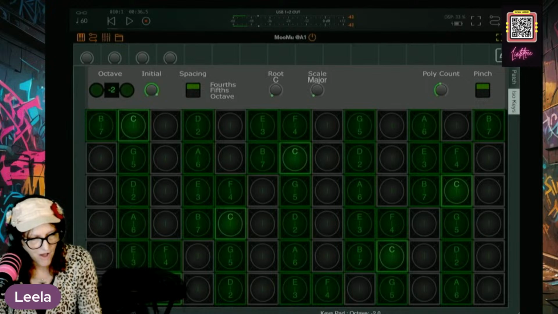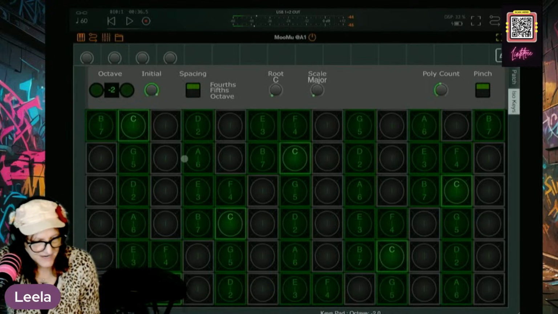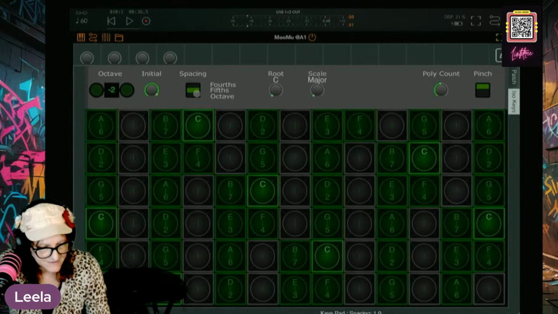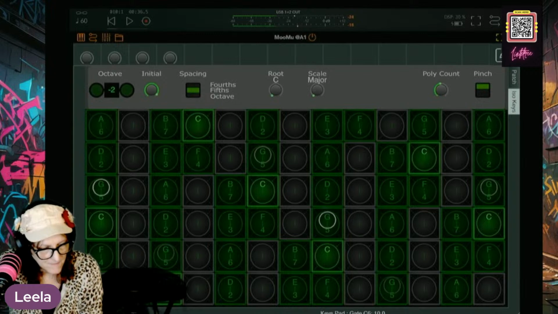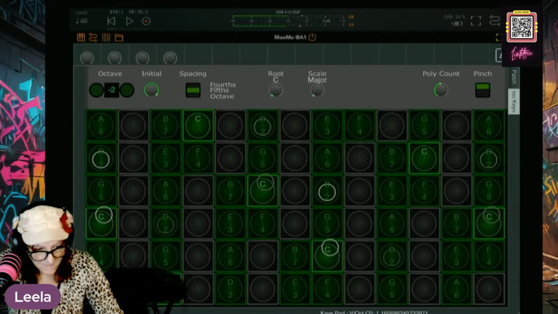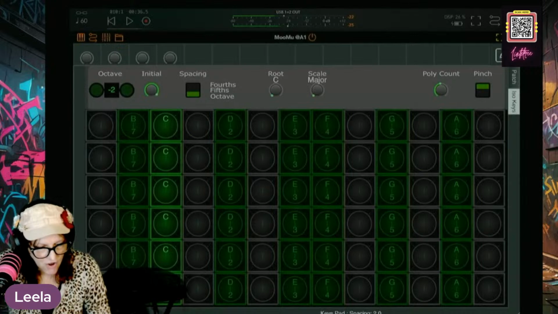Now you could hop up. So as you see, you can change to fifths. Then we'll change it to octave.